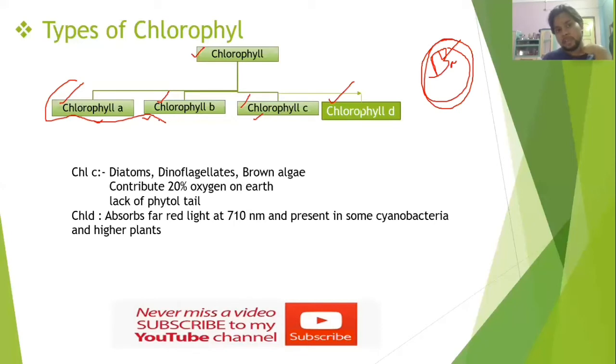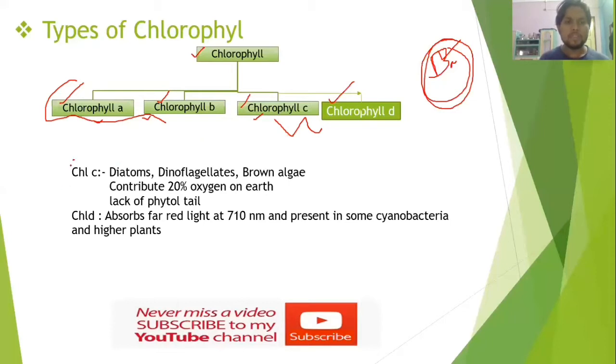The structure is actually similar in chlorophyll A, B, C. There is a little difference. They have some groups or some rings or some bonds that differ. If you see the chlorophyll A structure, you can understand. That is the difference between chlorophyll C, chlorophyll D, chlorophyll A and B. The chemical structures are just a little bit different.